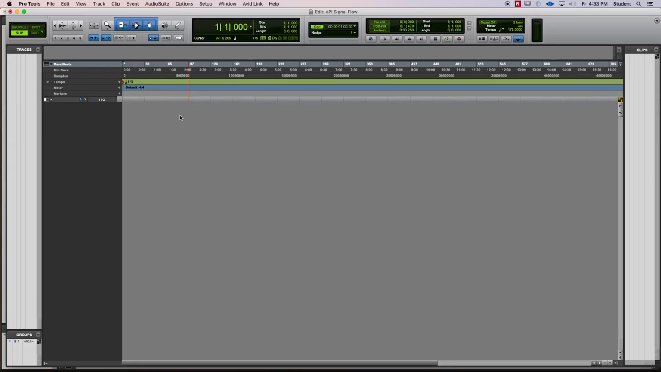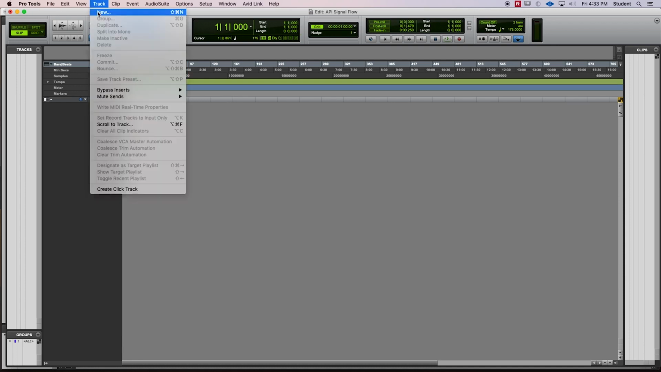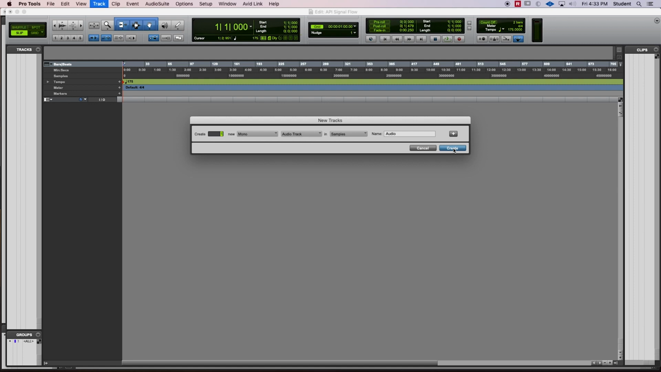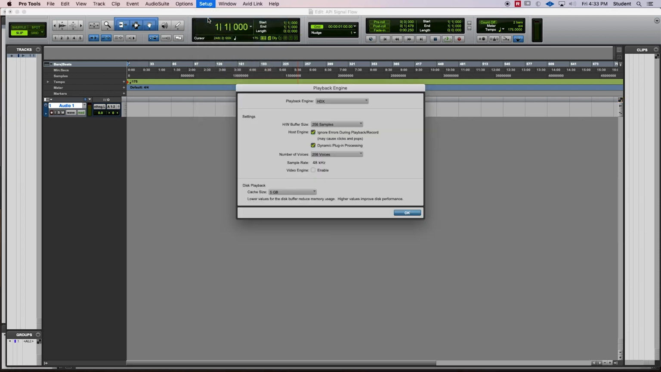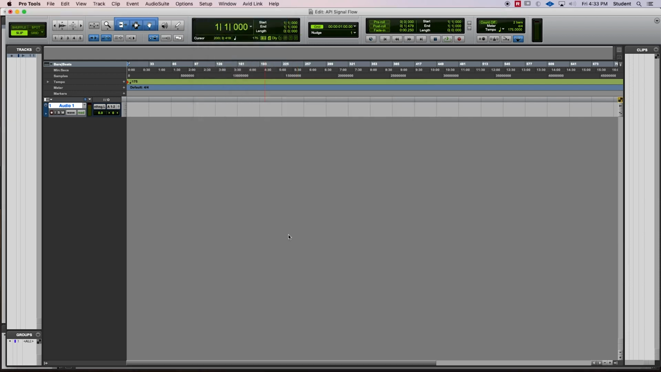Now that we've got signal flowing through our input path to our interface, let's open Pro Tools and make a new track. You can double check your playback engine under Setup at this point. It should be HDX. And in your I/O setup under Setup,